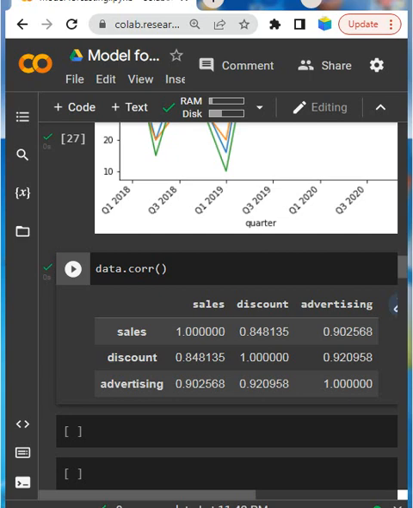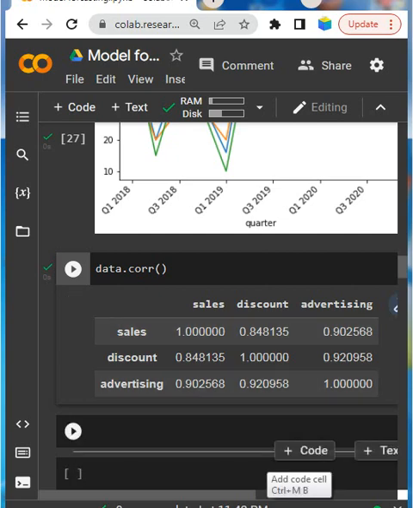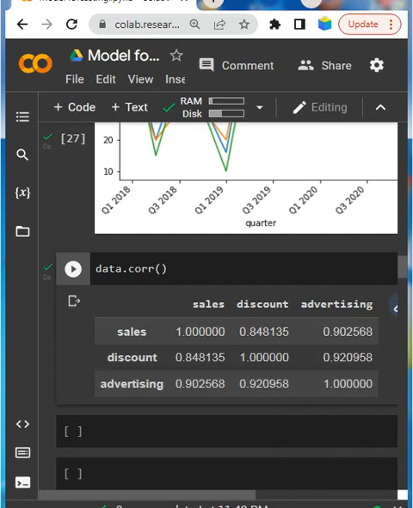So the correlation matrix we have already generated here, a matrix meaning rows and columns. The matrix contains the correlations between each pair of variables, and we can easily predict. So if my sales increase when I give a discount, and if I expend more on advertisements, right here. So the correlation coefficient is always between -1 and 1.